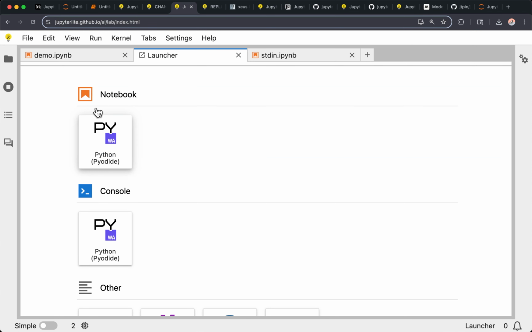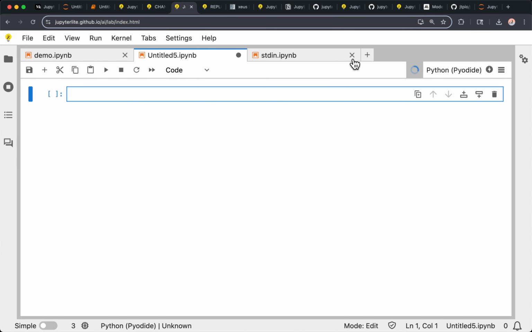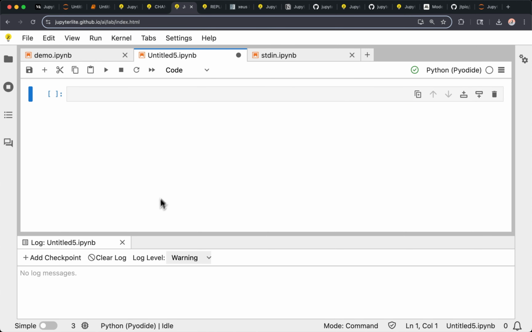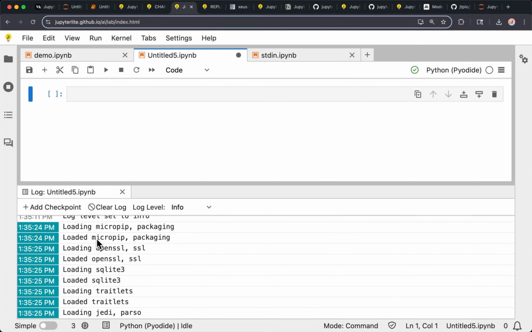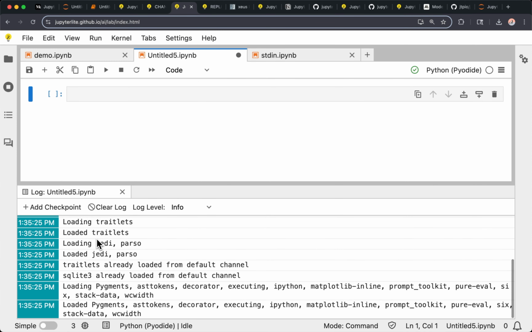So I'm just going to show you quickly something. If you start a new notebook, you see there was this indicator here. We made some improvements to JupyterLite so that it reports progress to the log console, which is available in Lab by default. So if I restart the kernel, now I see a little bit more what is happening under the hood. In this case, it's Pyodide, which loads a couple of packages before being able to execute code, and we can now see them here.